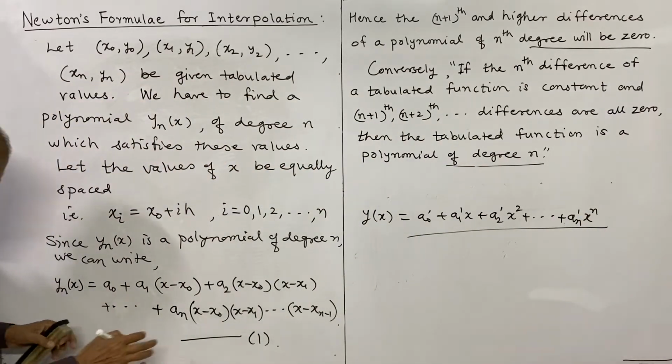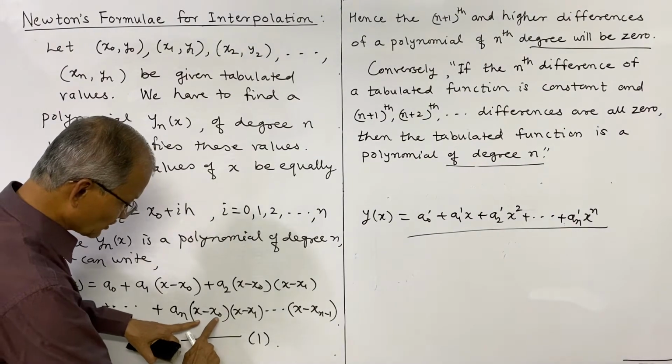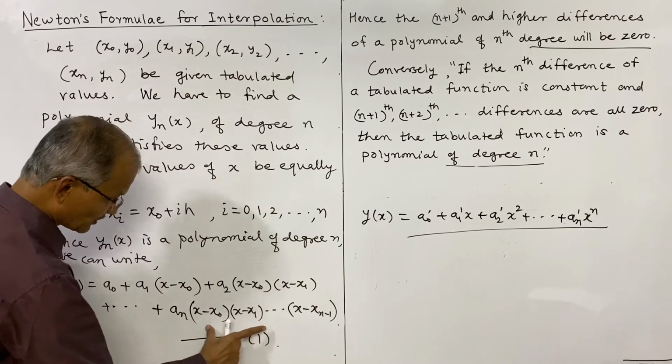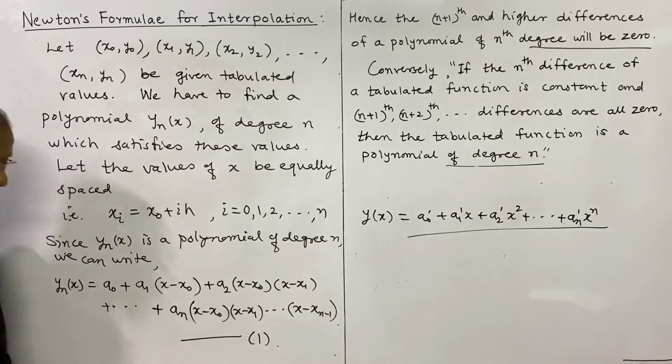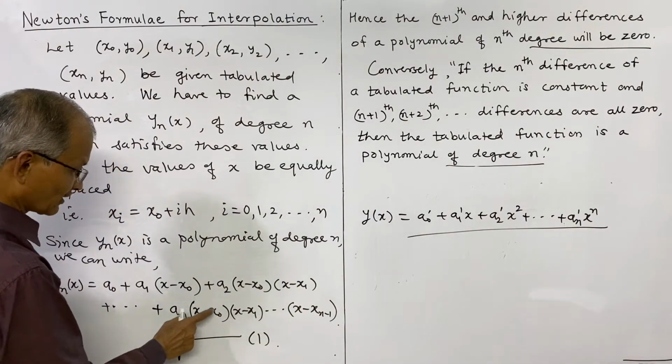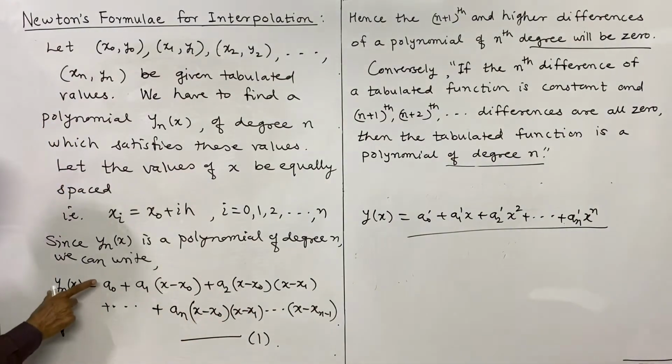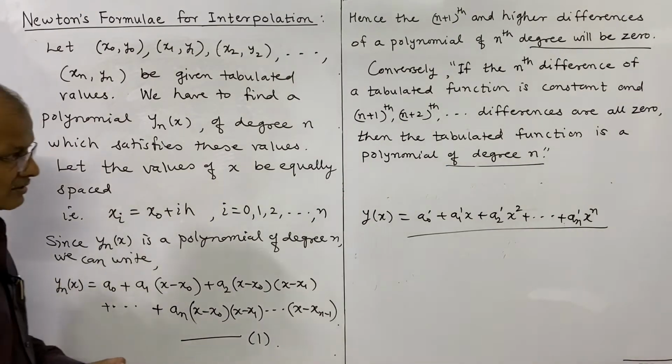See how many terms are there. The 0th is first, and the last is n minus 1, meaning a total of n terms starting with 0, and therefore this is the power of x, x into x n times, x raised to n. Thus this is a polynomial of degree n, and it is written in this form.